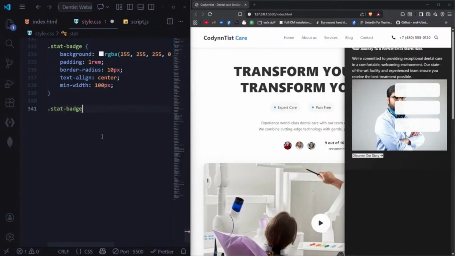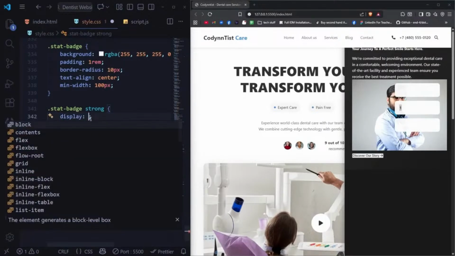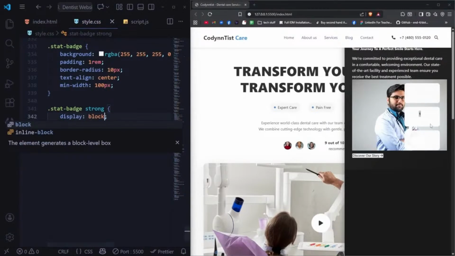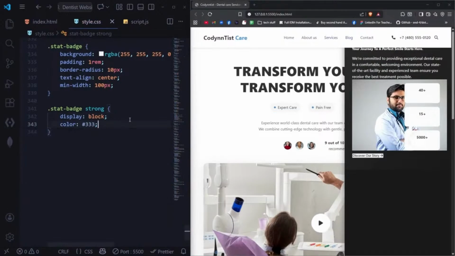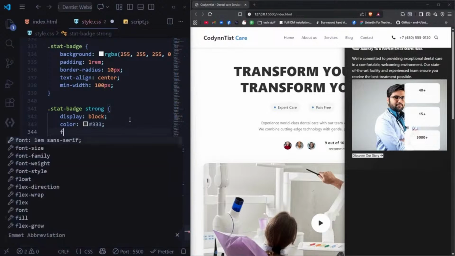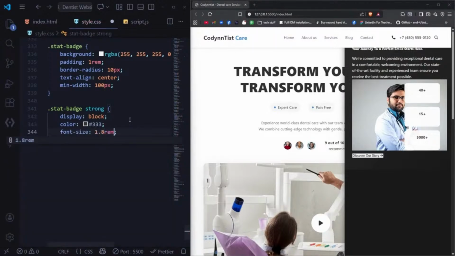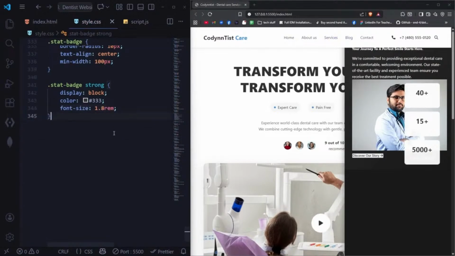We'll do stat badge strong. So that is the percentage, right? It's not percentage, the actual text. So we'll do display block. So it's on 2 sides instead of 1. I need to change the color quick because I can't see anything. There we go. We'll increase the font size by that much. And there we go. So next is button,